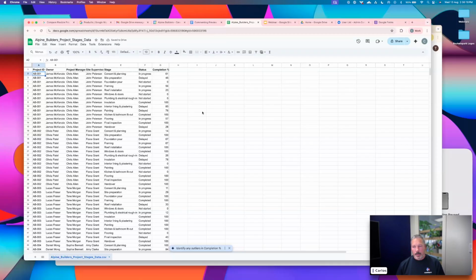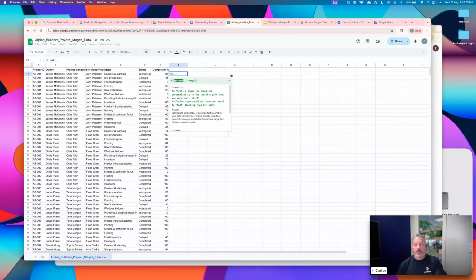But there's some really cool things with Google that you get with the Gemini tool as well, which again, I know people are probably like, oh, AI overload. But I was doing some things today that I found really interesting. And there's something in here where you can use AI. So you can go equals AI brackets, and then you can write a prompt. So let's just say,